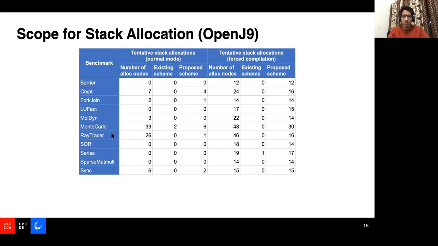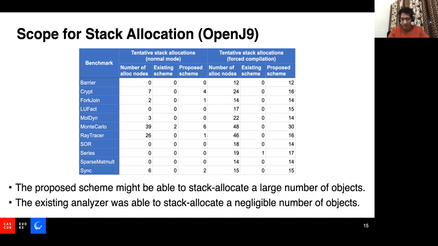What we found was, since these are small benchmark kernels, most of the methods were not even compiled. That's why we see several zeros here, for example, in the total number of alloc nodes themselves. So we forced the compilation of these methods so that the potential opportunity increases. We should probably be able to see the maximum we can achieve by running a benchmark for a long amount of time. And then we see the improvement here. We could allocate a large number of objects if we use the static analysis results. We haven't yet allocated those objects on the stack based on these results, but these are tentative numbers based on the result files which we have generated for these benchmarks.